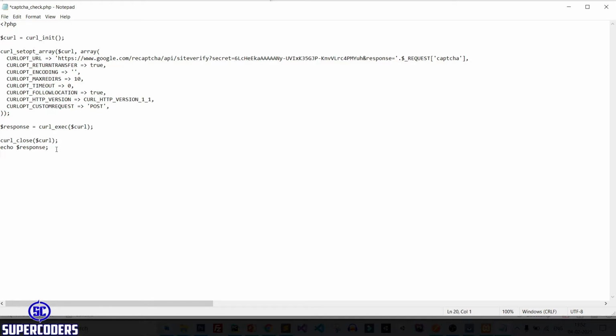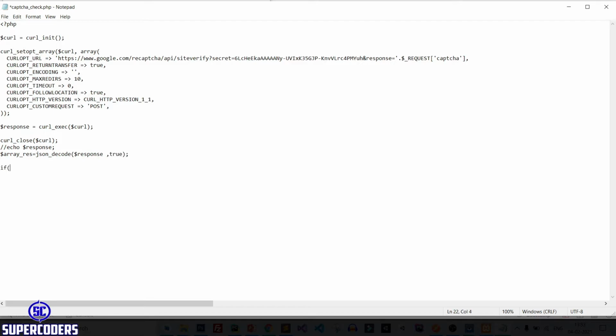Now after receiving this response, let's see, comment this, and after receiving the response we need to convert into array. So simply $array_res equal to json_decode and let's pass this response and pass true.